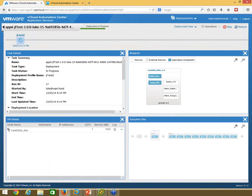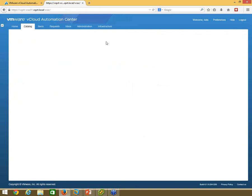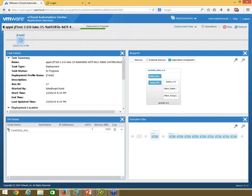While that's going, I wanted to look a little bit at some of the things you need to do in vCloud Automation Center in order to enable application services to be working. So you need to have it installed. You need to have your business groups set up. So again, I've got 2 business groups in my environment, one Star Wars, one called Walking Dead. So my Luke user is in my Star Wars group, and I've got a user named Rick in my Walking Dead group. So if I were to log in to application services now as a user in my Walking Dead,